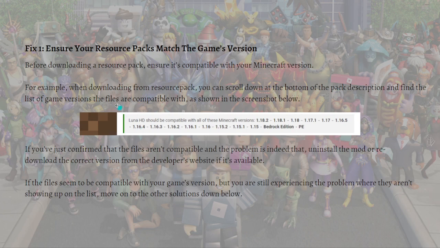So the first fix is you need to ensure your resource packs match the game's version. The most important thing to remember when downloading mods and resource packs for any game, not just Minecraft, is that the files may not work with your current game version. So before downloading a resource pack, ensure it is compatible with your Minecraft version, otherwise it won't function, or you'll need to lower the quality of your game to make it appear in the list of packs that can